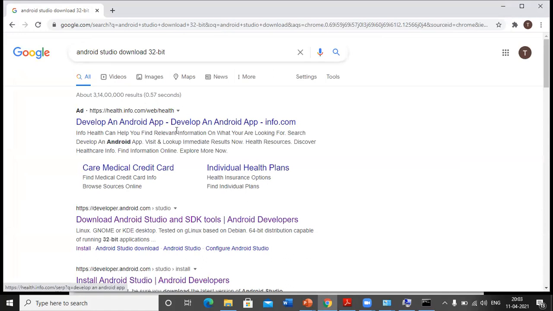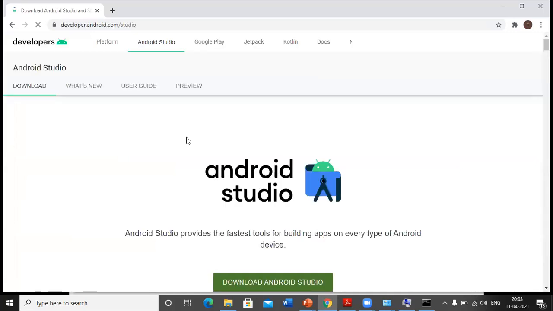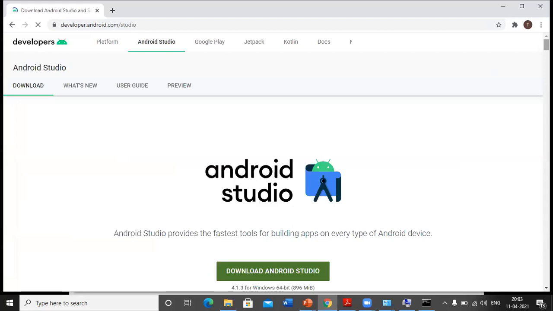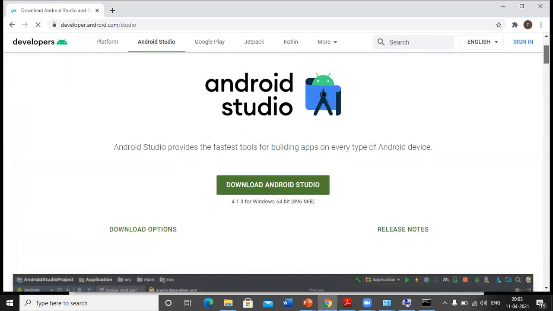Now just click on this. Here you can see that you can download Android Studio from here.